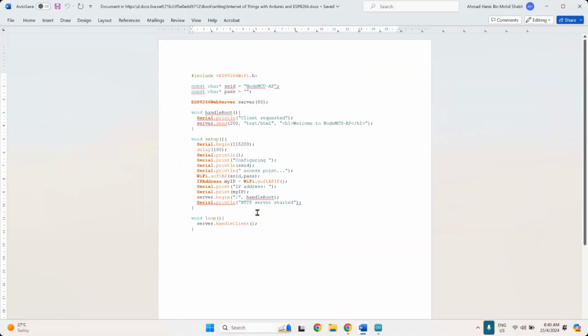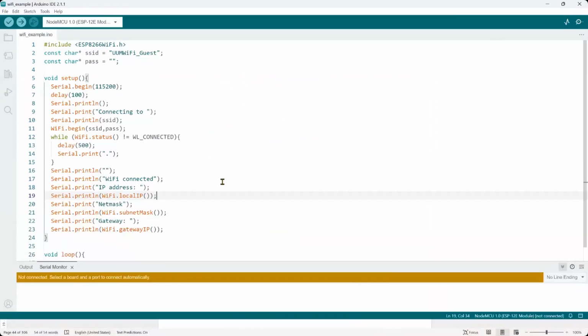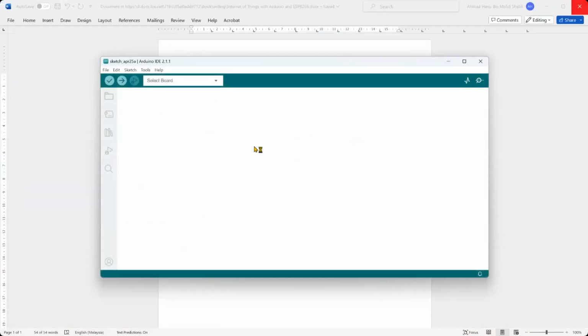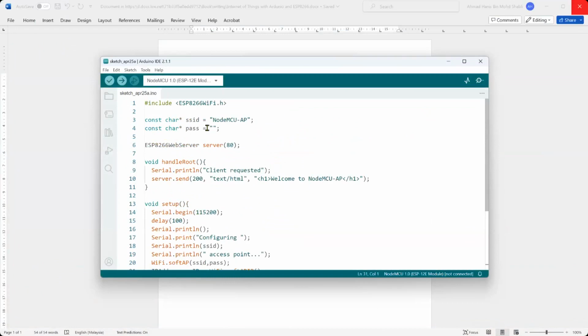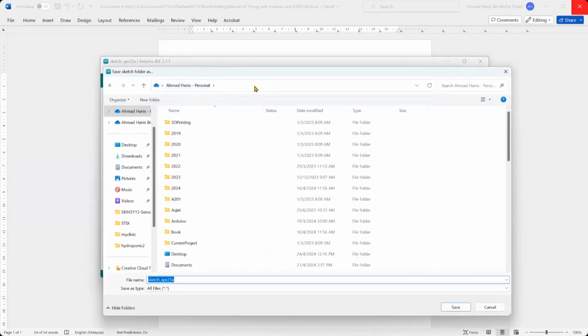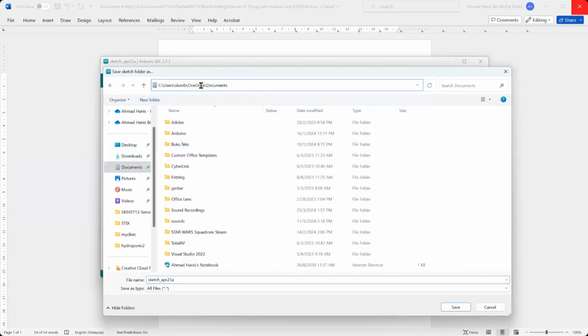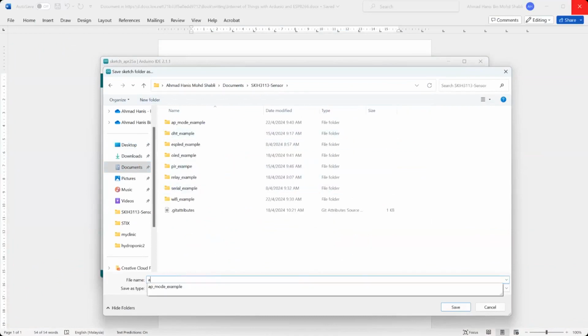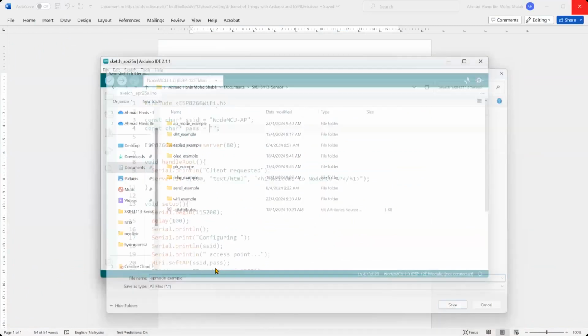So for example, if we implement this, I'm going to create a new one. This one is the access point mode example. I'm going to call it AP mode example.